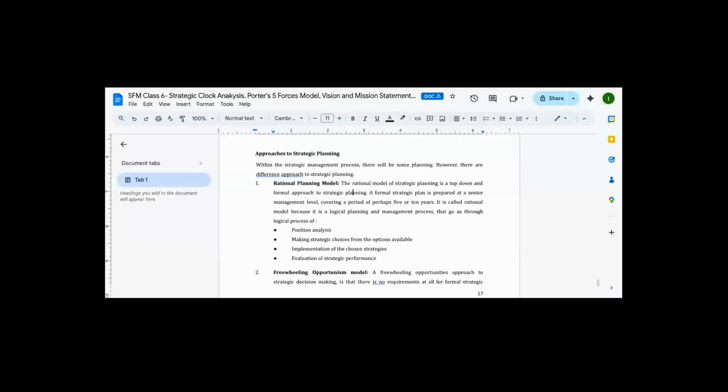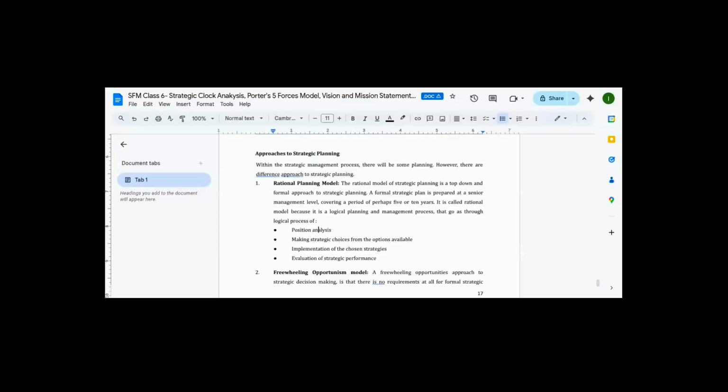The decision on this will now be passed to the middle level managers. From the middle level managers, those at the lower level will have access to that information once it is disseminated. So rational planning is a formal strategic plan that is prepared at a senior management level. And it covers what? It covers a period of perhaps 5 or 10 years. And why do we call it rational planning? Why does it require that formal process I informed you about? It is called the rational planning model because it is a logical, systematic planning and management process that requires the following: